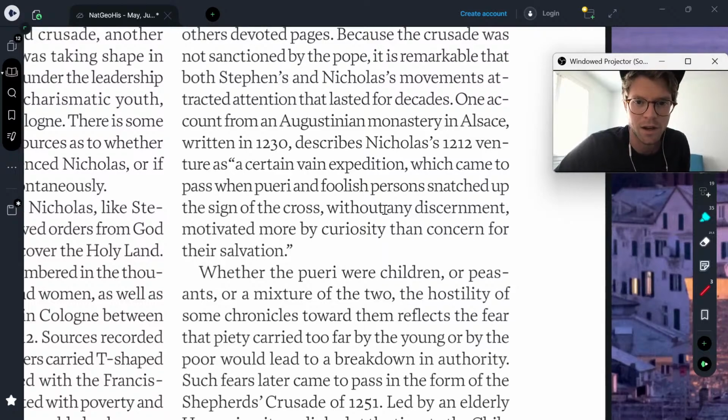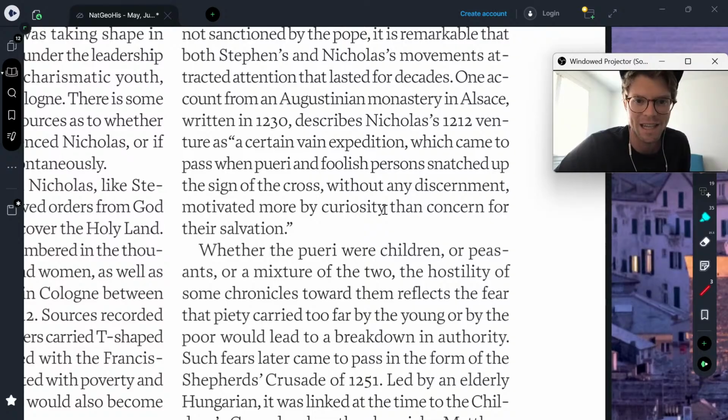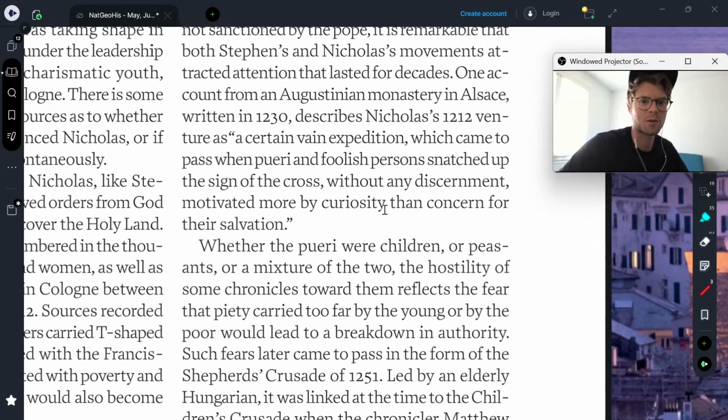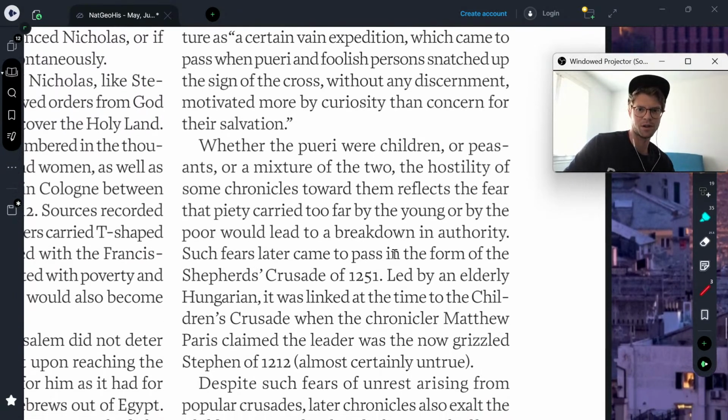1230, describes Nicholas's 1212 venture as a certain vain expedition, which came to pass when pueri and foolish persons snatched up the sign of the cross without any discernment, motivated more by curiosity than concern for their salvation. Whether the pueri were children or peasants or a mixture of the two, the hostility of some chroniclers toward them reflects the fear that piety carried too far by the young or by the poor would lead to a breakdown